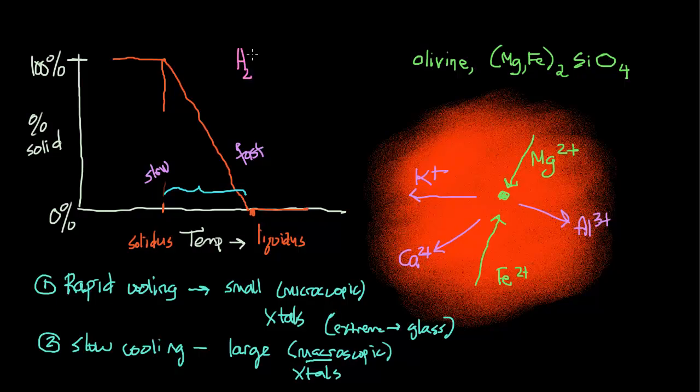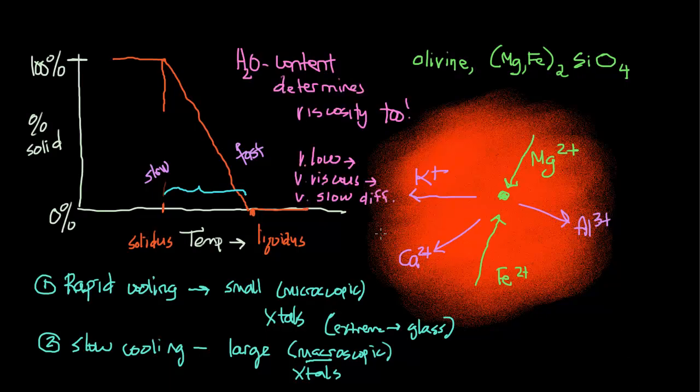The water content of the liquid determines the viscosity. So when the water content is very low, when there's very little water dissolved in the magma, the viscosity is very high. This is a high viscosity. When the water content is very low, there is a high viscosity, and a high viscosity implies a very slow